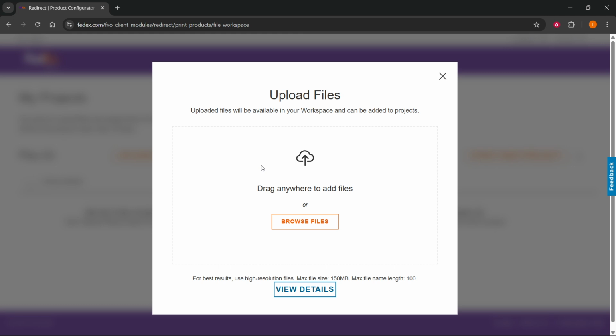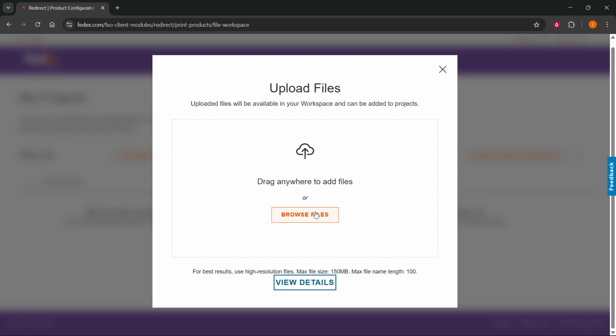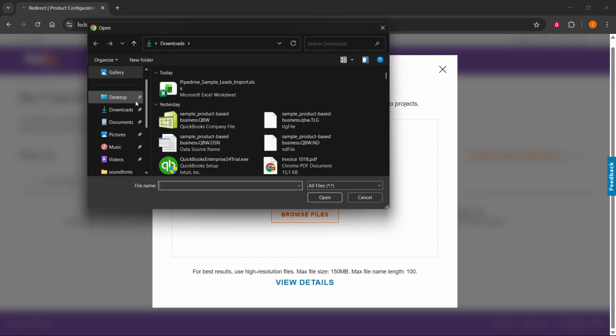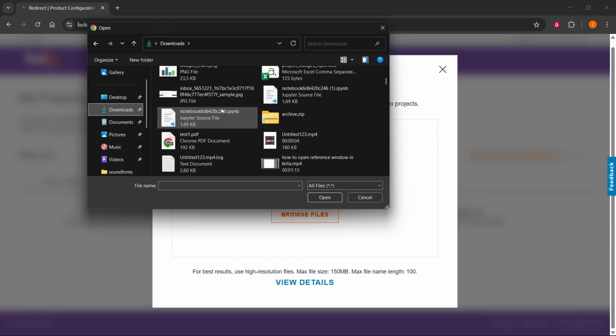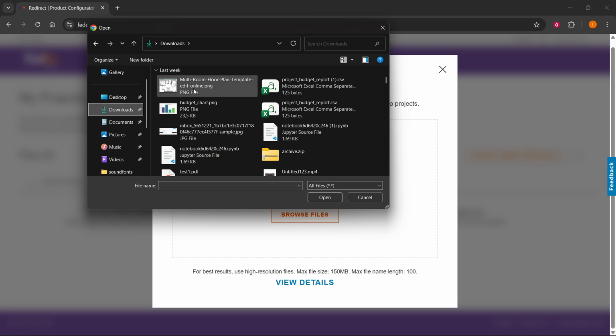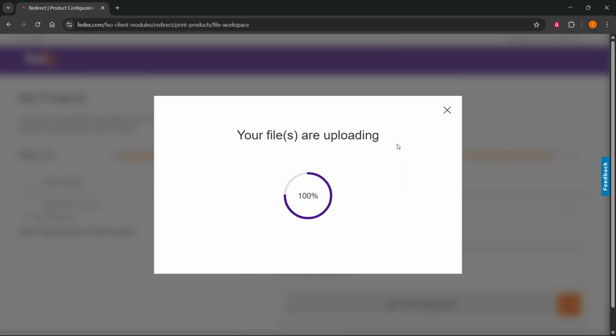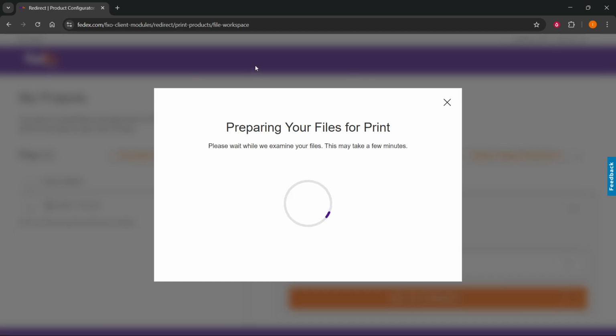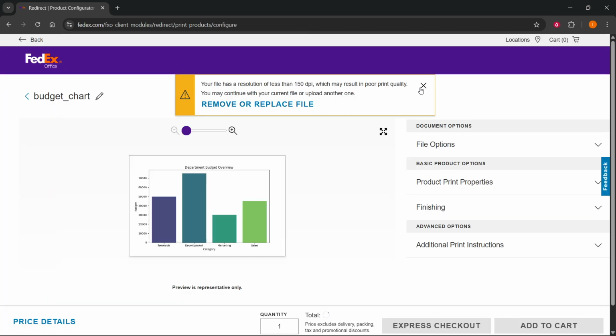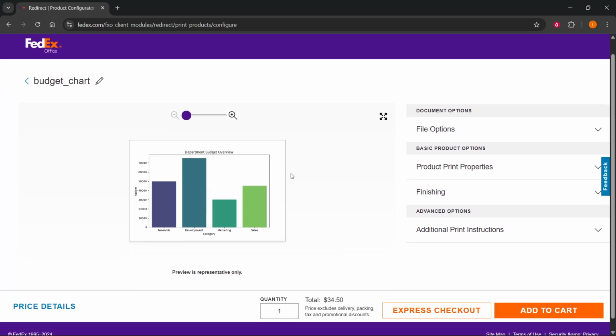And there we go. This is the product configurator, and in here you can upload your files, so you can browse the files. I'm just gonna click on a completely random thing over here, so I'll just find a random chart over here and click on open, and that's going to basically upload your file. And in here, in a few seconds, whenever that's done, it's going to prepare files for your print. And there we go. As you can see, it's going to give you kind of the preview of your poster,